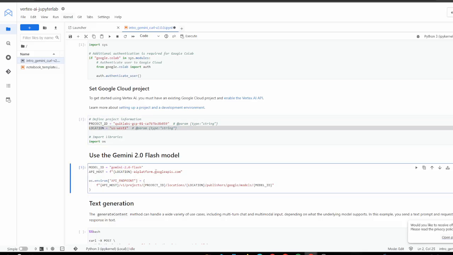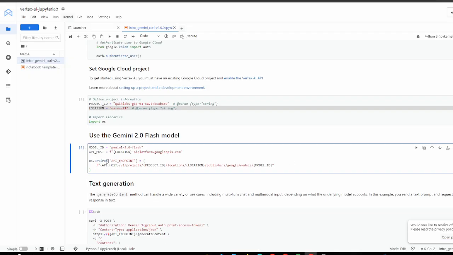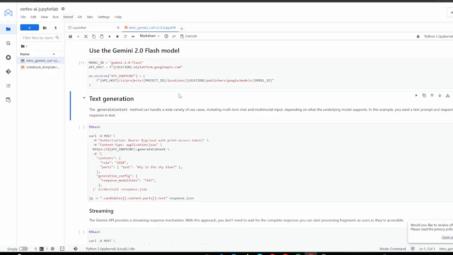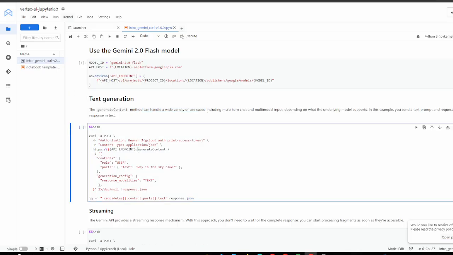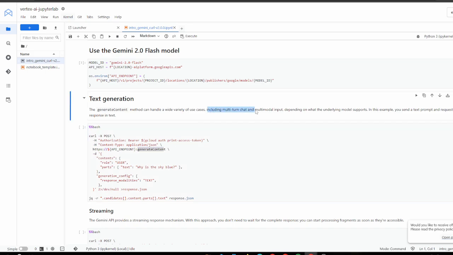Alright, then AI platform.googleapis.com. So it will automatically go to that server to host the API. And these are a few environment setups which we are going to do. After running this, we are going to generate some text. To generate text, the generate content method can handle a wide variety of use cases. Okay, we are going to use generate content method, and including multi-turn chat and multimodal input depending on what the